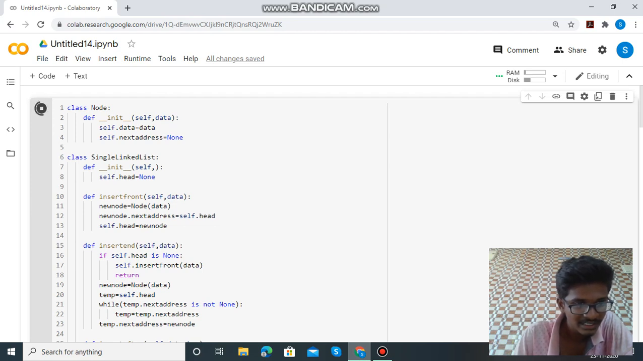Then the function creates a new node using the Node class with data given by the user and inserts that in the first position: new_node.next_address = head, head = new_node. Then define another function, insert end, to insert a new node at the end of the linked list